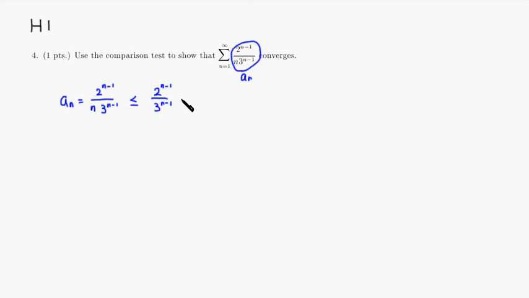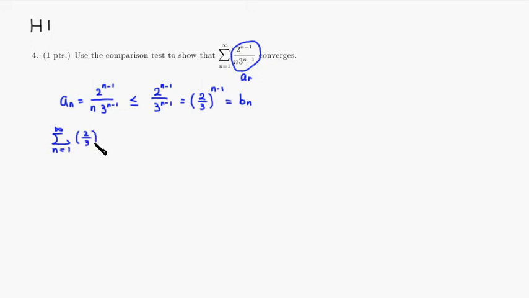Here we can probably write it as, since you have an n minus 1 power, 2/3 raised to the n minus 1 power. So we can call this guy b_n. This is something to compare with. Then think about the series: the summation, n goes from 1 to infinity, of b_n,